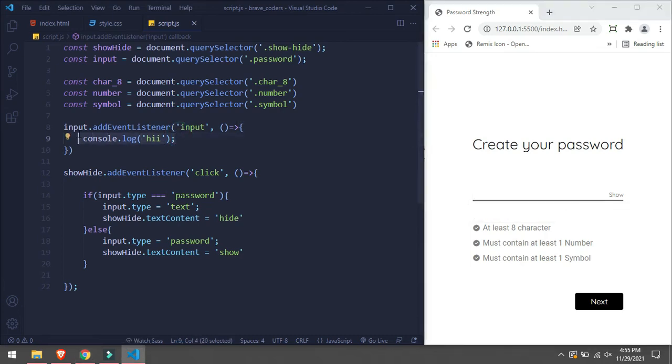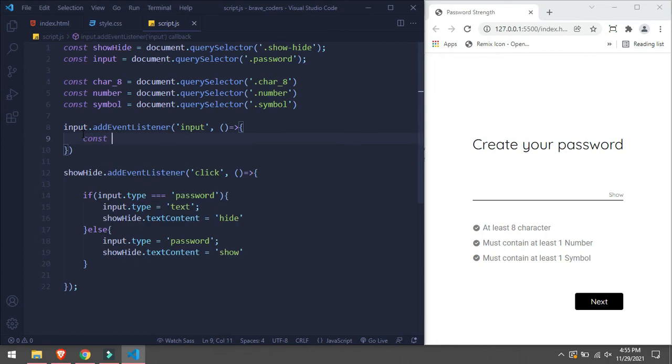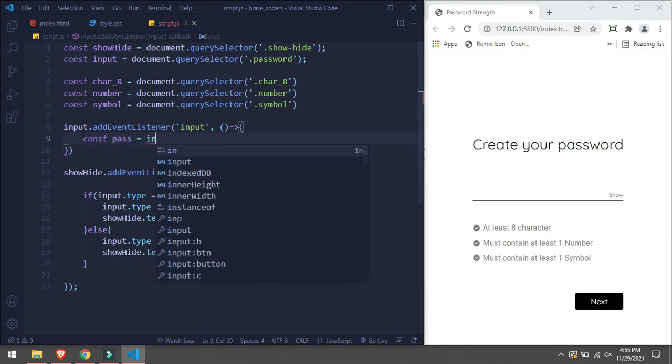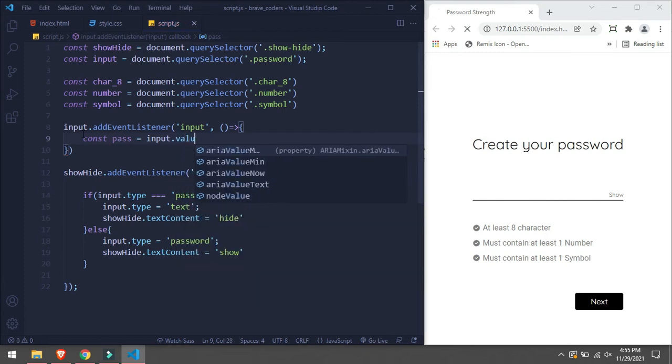Inside here we are going to take a const pass equals to input.value.